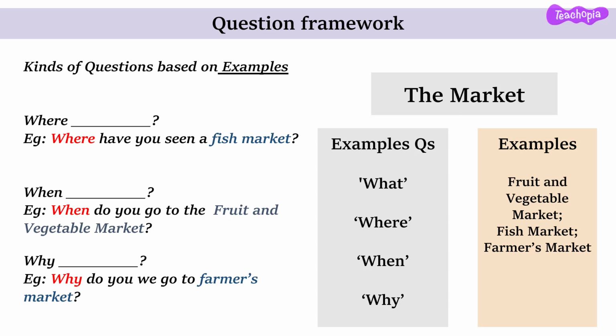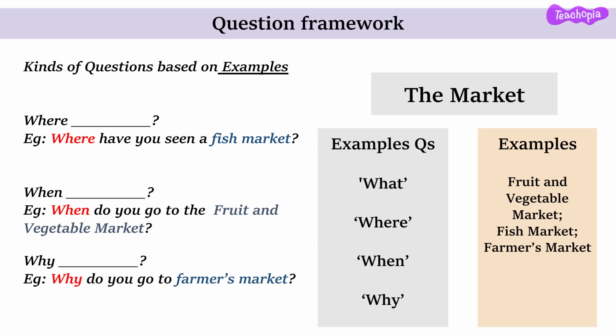If the question starter where is used, a question like this could come up. Where have you seen a fish market? And if the question starter when is used, a question like when do you go to the fruit and vegetable market can be used. And if a question starter like why is chosen, we can come up with a question like why do you